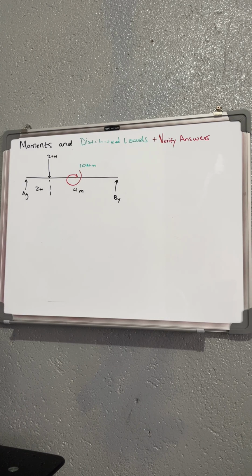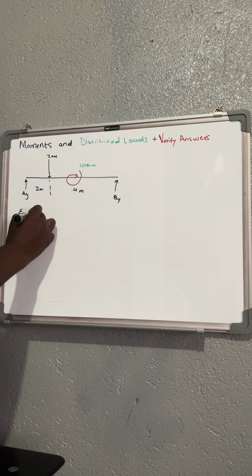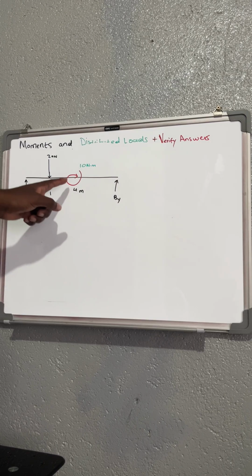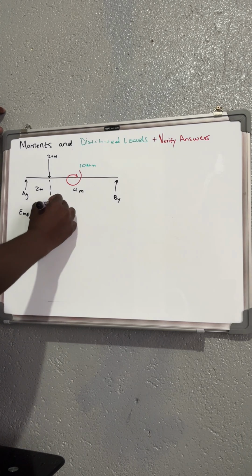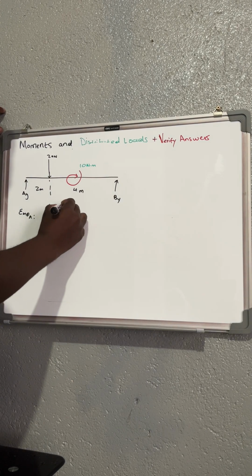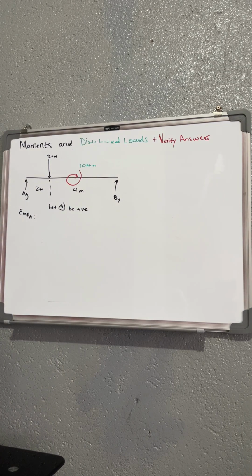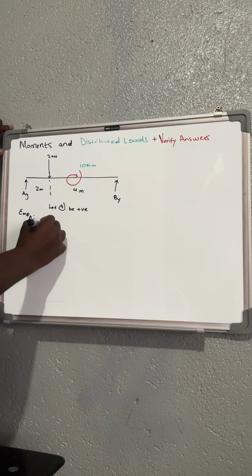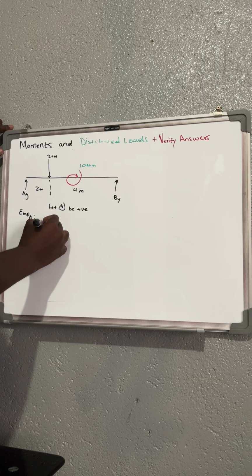So just to do one calculation and show you how it's going to be. So let's just say we were taking some of the moments at A. So first things first, also, if you're given a moment that is going in clockwise, the wisest thing to do is to say, let your clockwise be positive. You see? Then now you know this one, you're going to take it as it is. You're going to say, okay, we're taking moments around A. We have this one which is going in your clockwise. We have